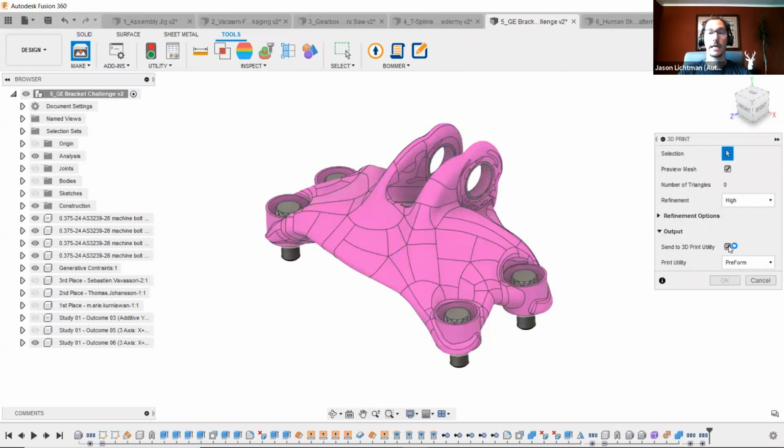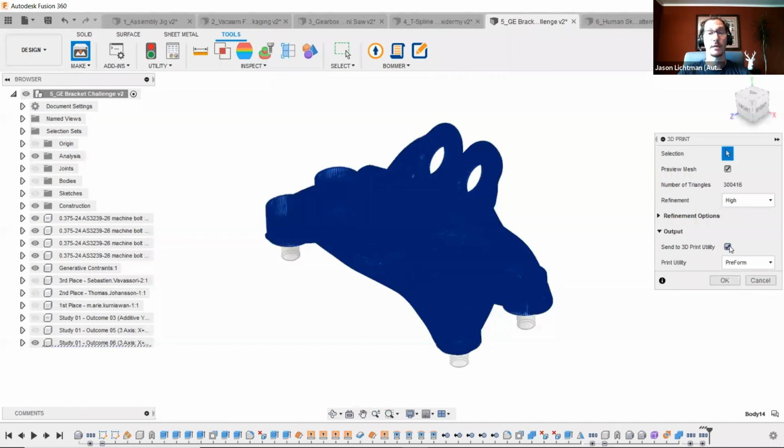Now you'll notice here that I have a checkbox that says Send to 3D Print Utility. If I turn this off and I hit the OK button, it'll basically just output an STL file. You choose where on your computer you want to save that STL file, and then choose a file name, and you're done. But if you want to send this straight to your slicer, you can choose a variety of different